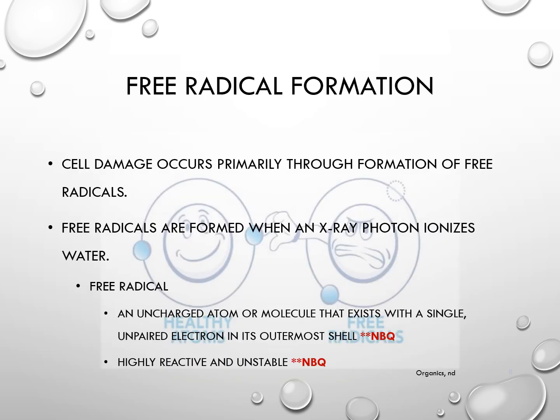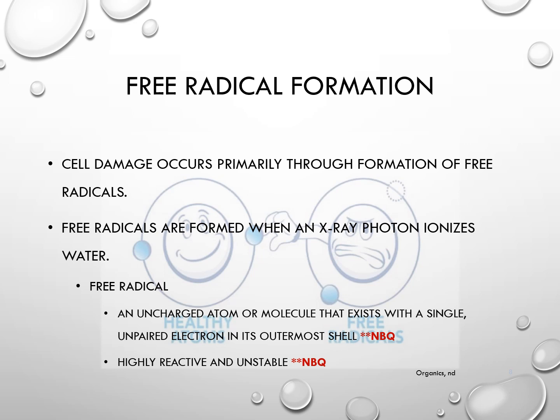Okay, so ionization and free radical formation are the two separate types of injuries. In free radical formation, that X-ray photon is going to ionize a water molecule. A free radical is an uncharged atom or molecule that exists with a single unpaired electron in its outermost shell. That will probably show up on your boards. A free radical is very reactive and it's very unstable. It's going to cause damage around it. So this is very important. Free radicals are how